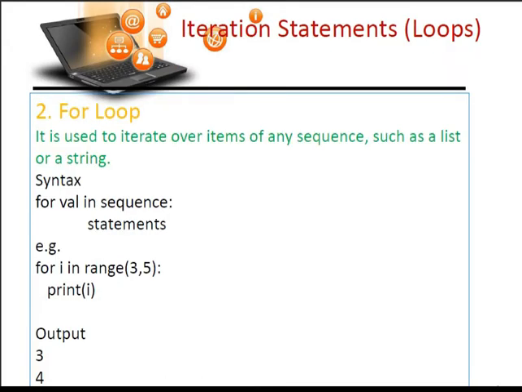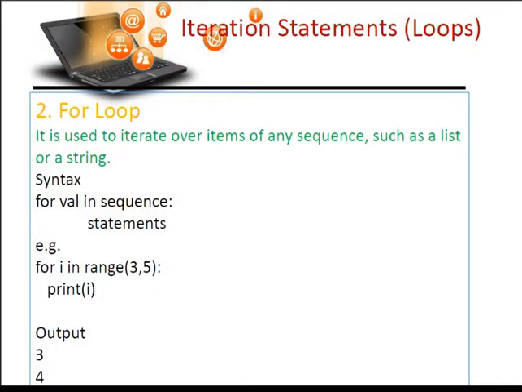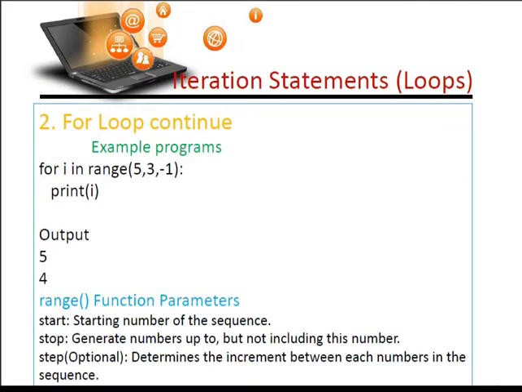The next is the for loop. This for loop can be used in two ways. Either I can use the range command or I can use the list command. It will start with 3 but it will end at 4, which is one number less. Here we use a colon to end the header, and print I is the compound statement of this for statement. When we use this loop it will execute 3 and 4. Five will not come as it is out of range.